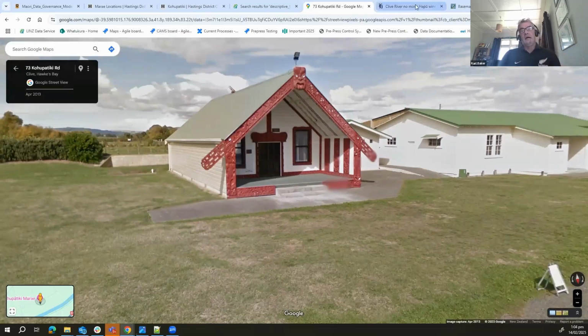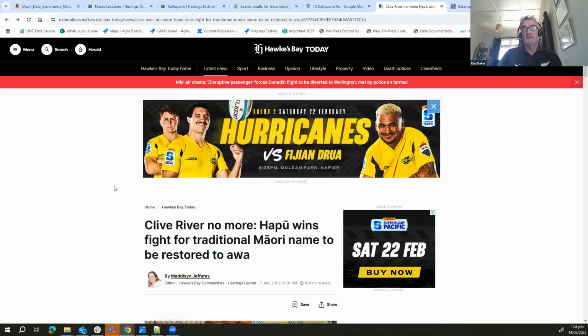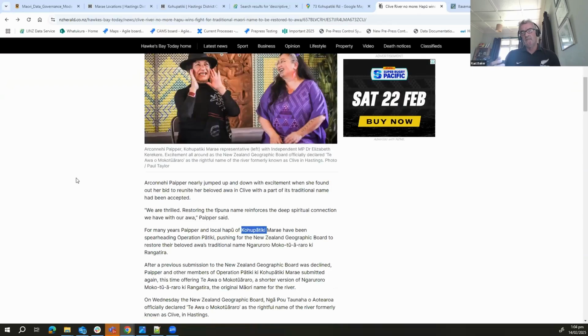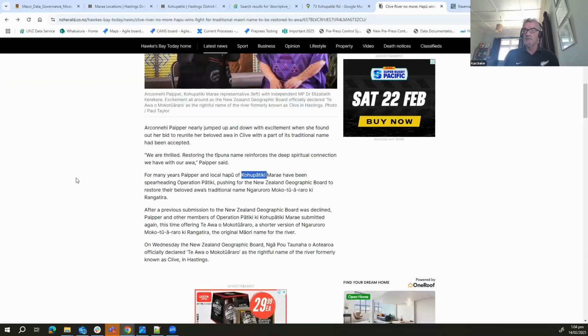So we are changing, and one of our big things that we're doing around our maps is place name changes through the GeoBoard. And GeoBoard doesn't have governance over marae names. You can name a marae whatever you want. So when we get place name changes, there's lots of other features that we show in our data that we don't actually change, and we would like to be changing that. So that's going to be one of our focuses in the future on how we engage.